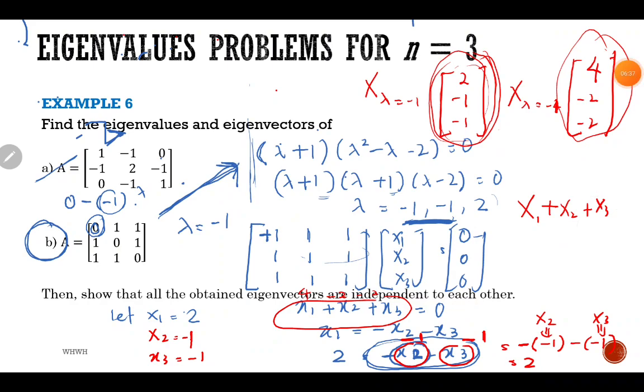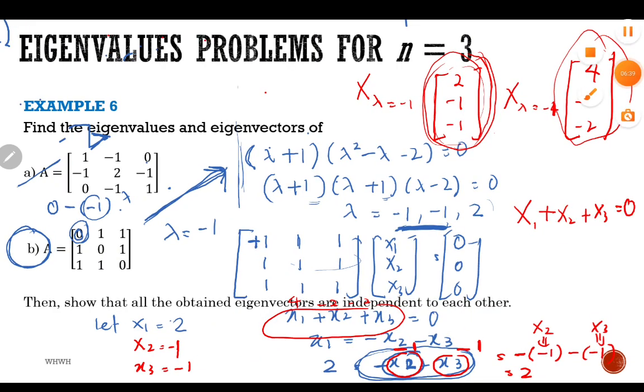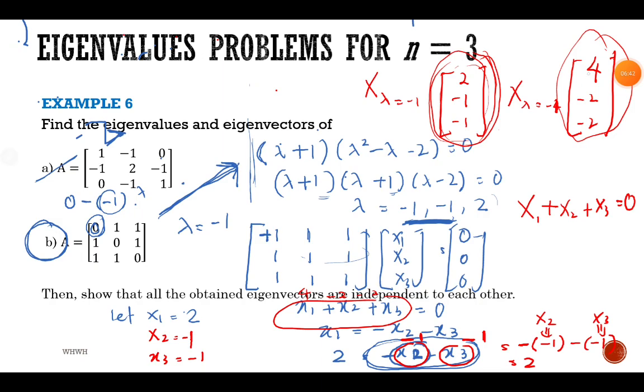Okay, will equals to 0. Tapi kita tak nak dia macam ni lah. Okay, sebab tadi kita pilih 2 negatif, negatif 1. So, katakanlah this time kita let x2 pula sama dengan 2. So, kalau you let x2 sama dengan 2, maknanya sekarang ni x2 sama dengan 2 sama dengan negatif x1 tolak